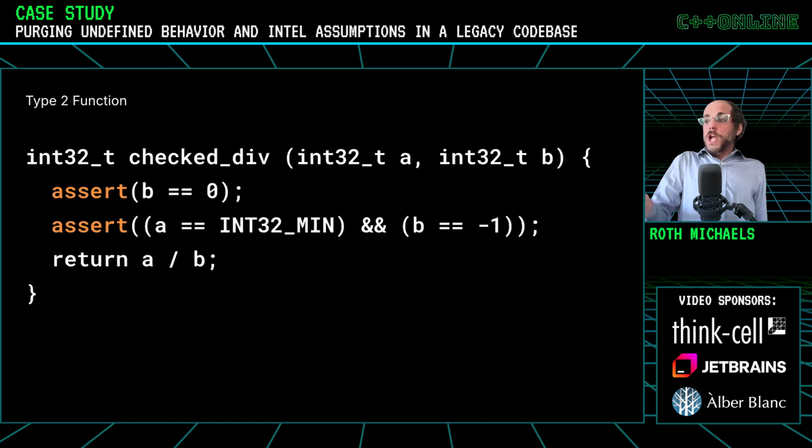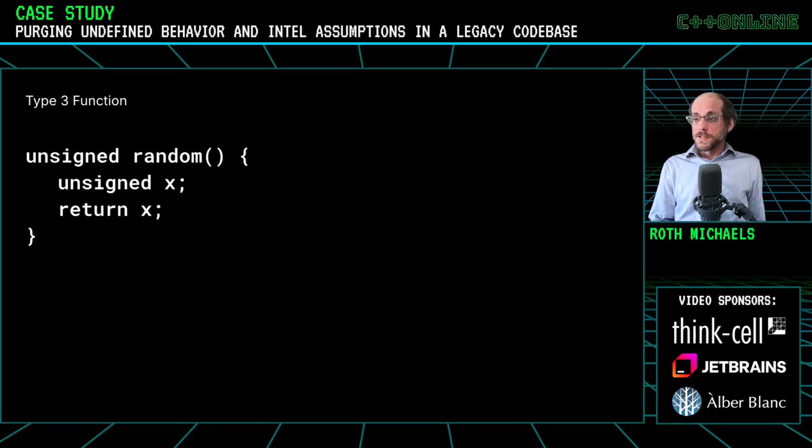A variation of this would be a check division function that doesn't actually do any of those runtime protections, but just has assertions that B is not 0 and an assertion that you won't overflow. So in a debug build, you'll hit some assert if you violated these preconditions. And hopefully with contracts in the future, we can do this with nice preconditions on the function signatures. But once you hit those asserts and continue on, if B is 0, this function is going to be invoking undefined behavior. But if A is 10 and B is 2, this function is defined, and so this always works.